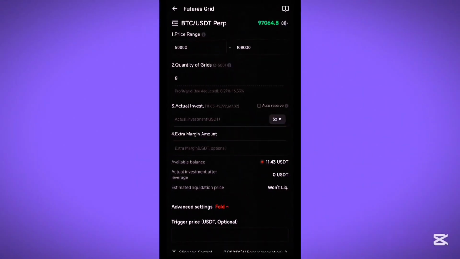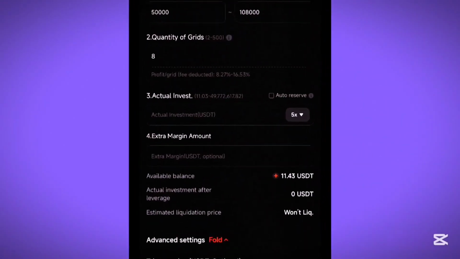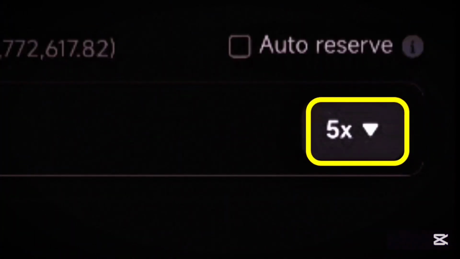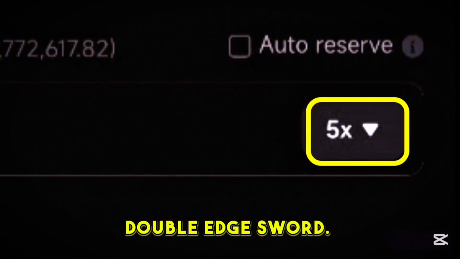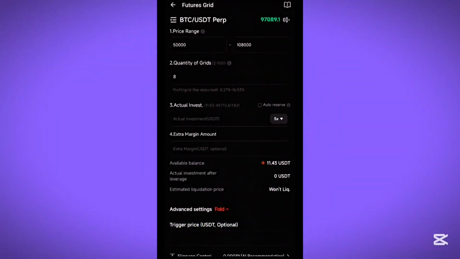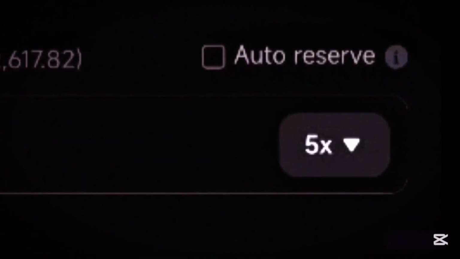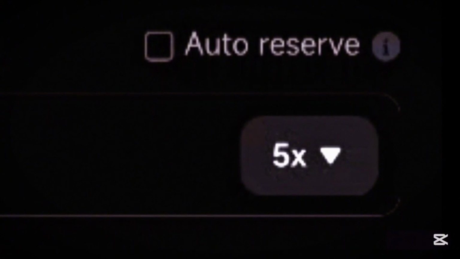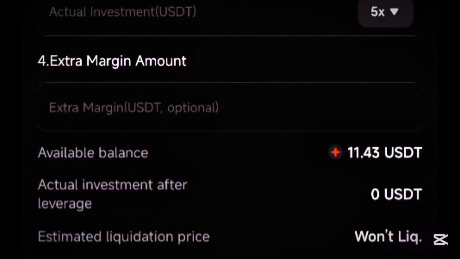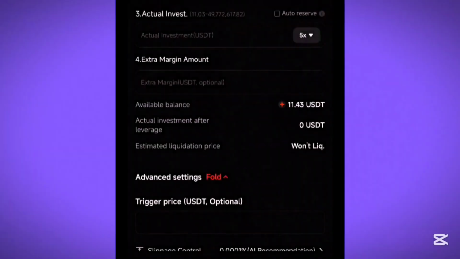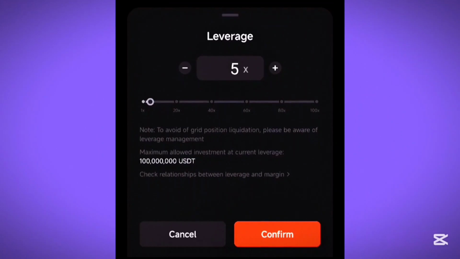There's one thing that you really need to be keen on. This one is under the leverage. The leverage is a double-edged sword. It can either make you money or it can lose you money. The more leverage you have, the more money you can make. And also this is the quickest way to lose money, because your liquidation price will be so close to your lowest price. So if I put a leverage of up to 10x,